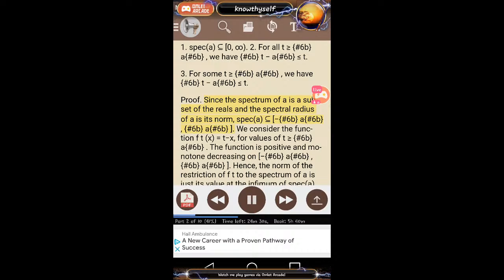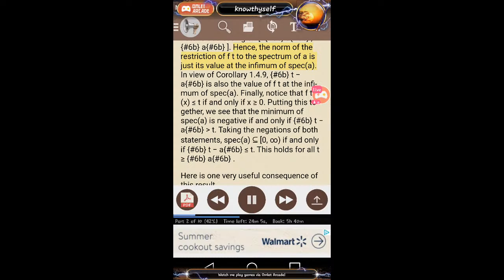Since the spectrum of A is a subset of the reals and the spectral radius of A is its norm, spec(A) is contained in [-‖A‖, ‖A‖]. We consider the function f_t(x) = t − x, for values of t greater than or equal to ‖A‖. The function is positive and monotone decreasing on [-‖A‖, ‖A‖]. Hence, the norm of the restriction of f_t to the spectrum of A is just its value at the infimum